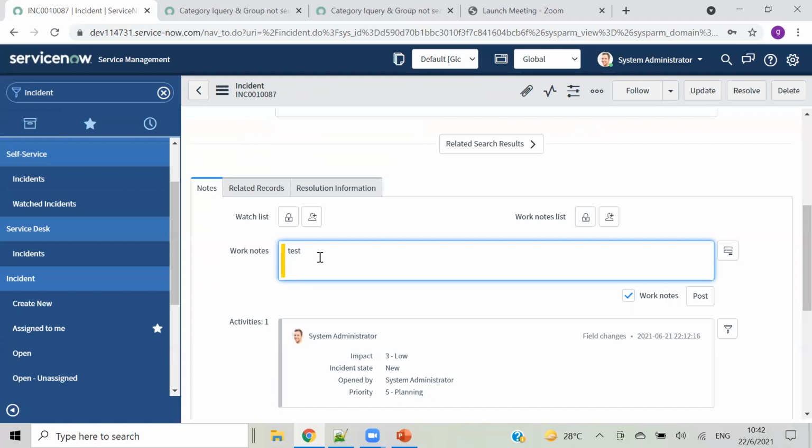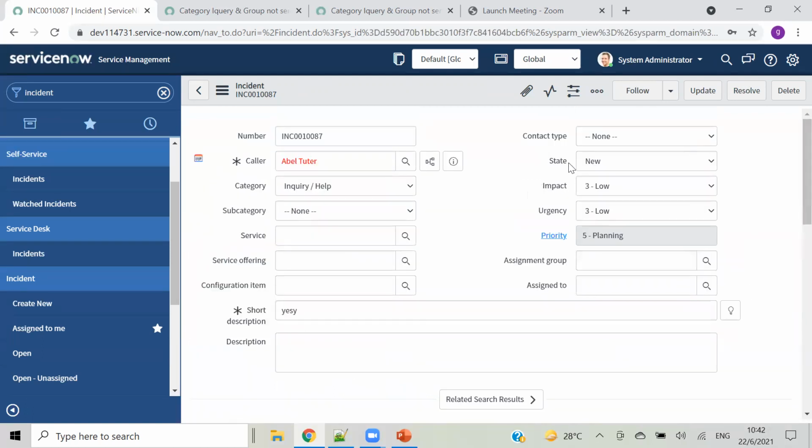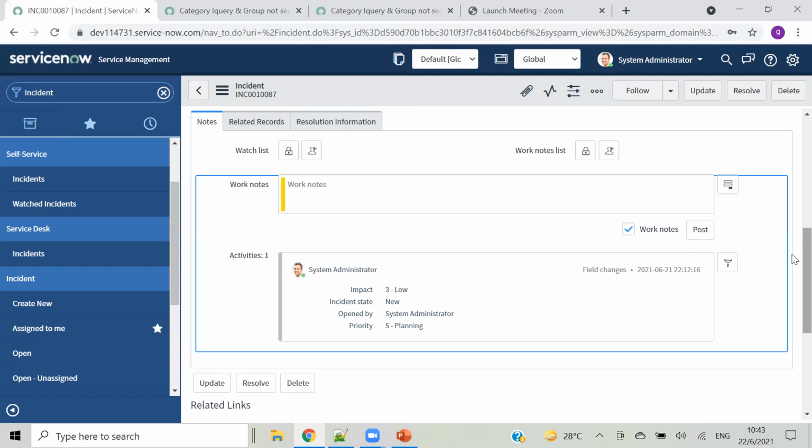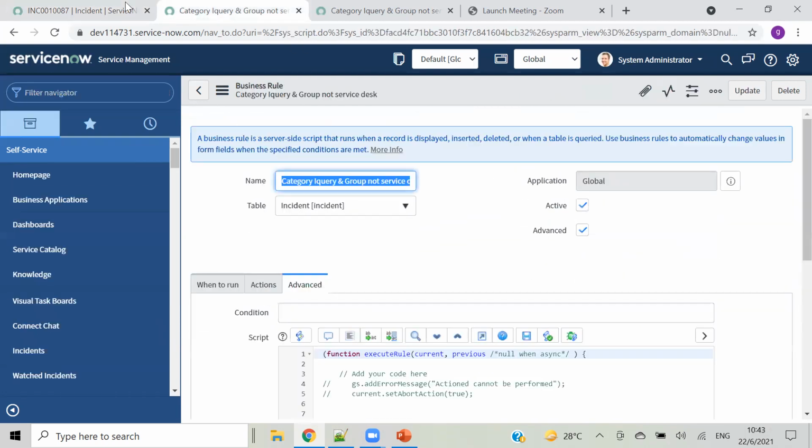So I'm giving a test. And on the top, you can see state is new, right? Now I am inserting something in work notes and clicking on post. So I'm posting work notes. Let's see what will happen. What happened to this? It is not performing.